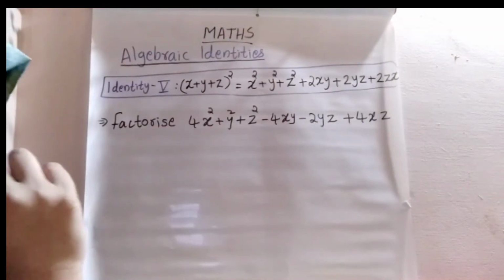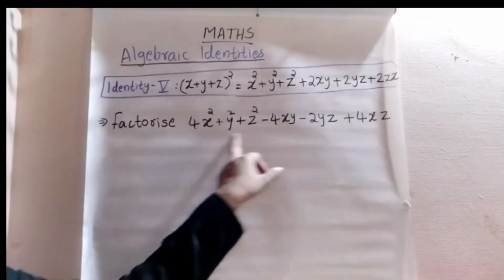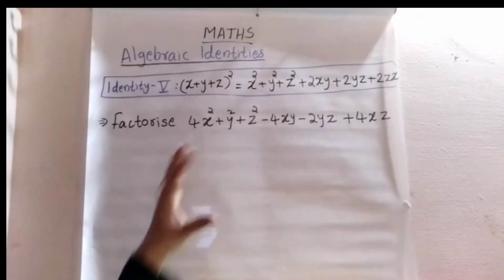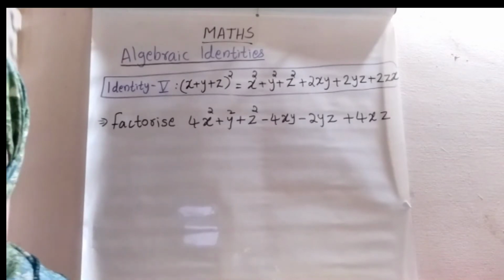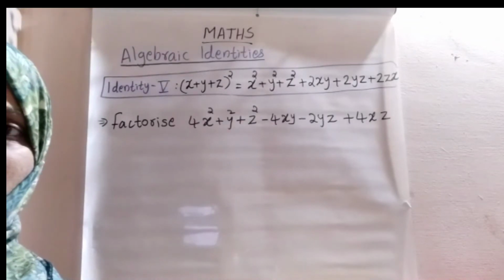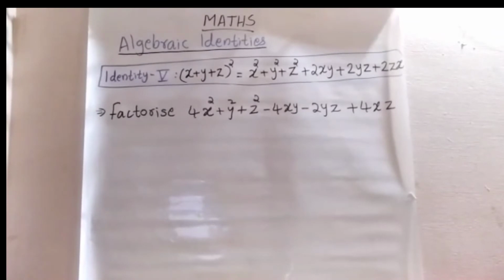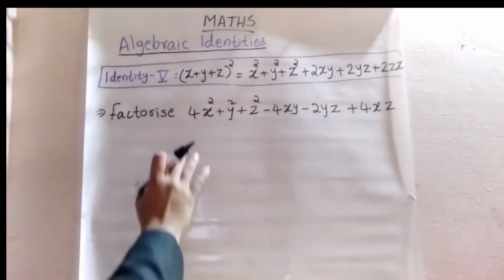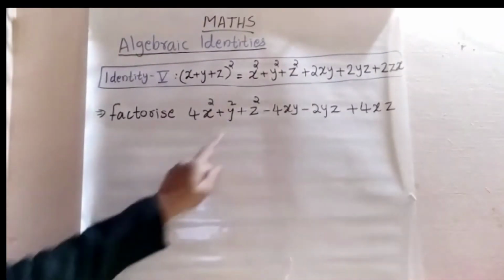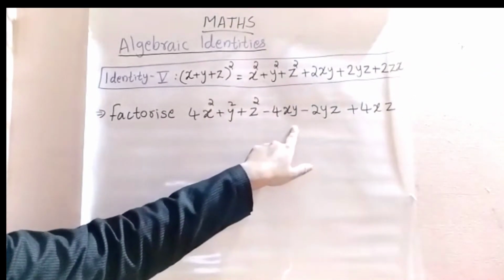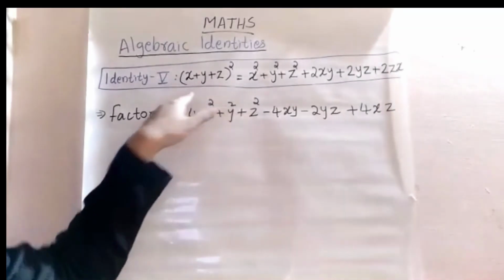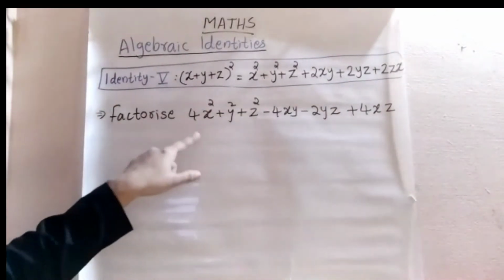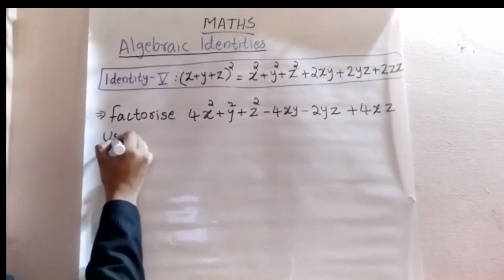Factorize means we should write the LHS in factorized form. This is the expanded form, and we need to find the factorized form. In the last few classes also we have discussed questions like this, right? When we look at this question, we can say that it is related to identity 5. So, using identity 5,